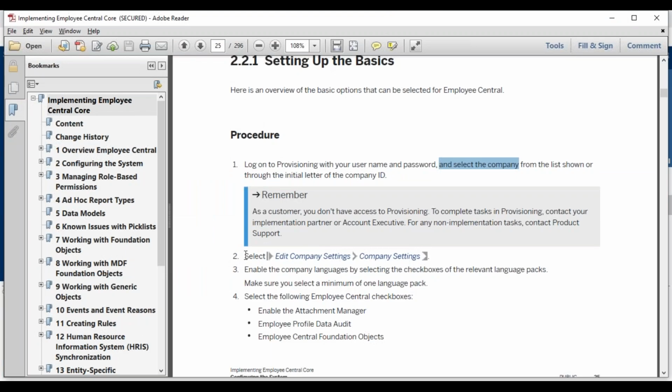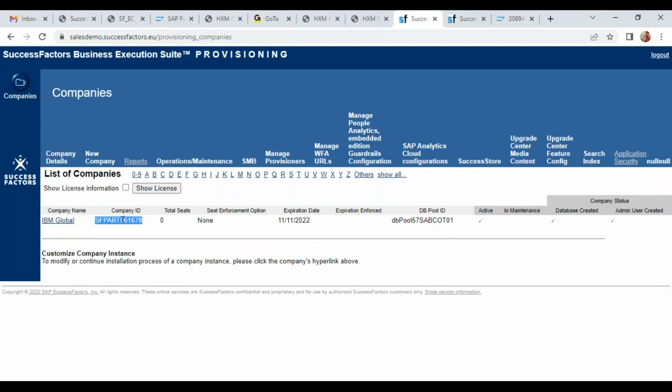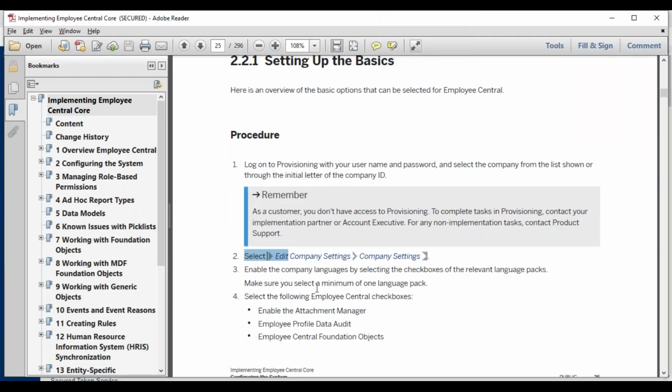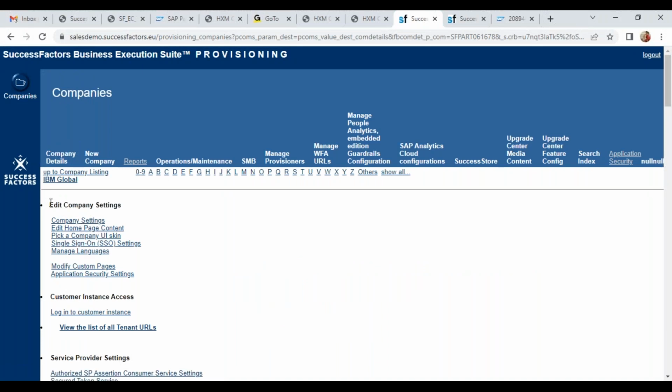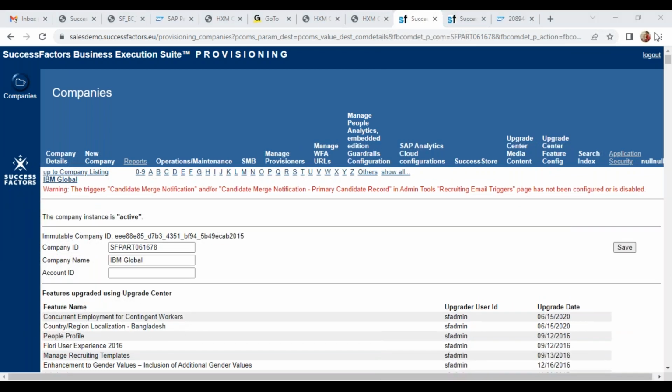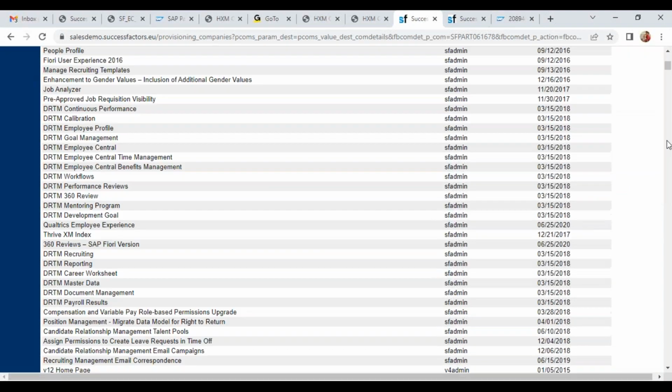Now go to your company. Click on your company. Let's say this is my company. Under edit company settings, click on company settings. This is the navigation you have to follow. Go to edit company settings, and under it you have company settings. Under company settings, you will be doing almost all of the settings you need to do for your customer. 90% of your configuration, you will be doing from company settings. You scroll down